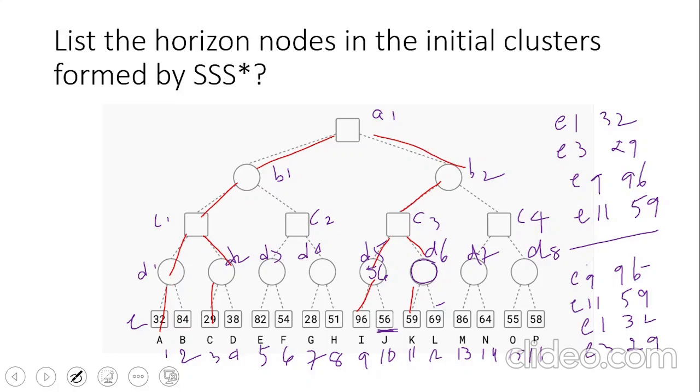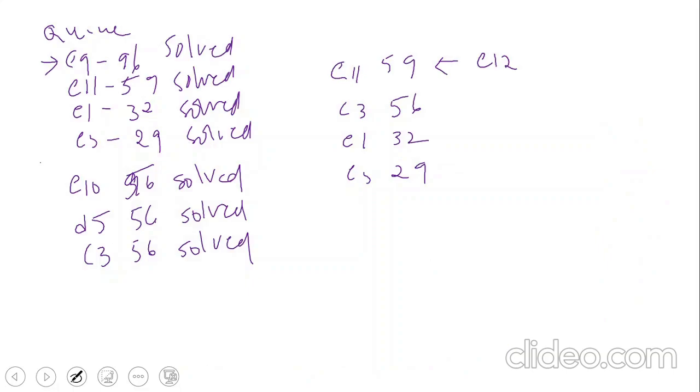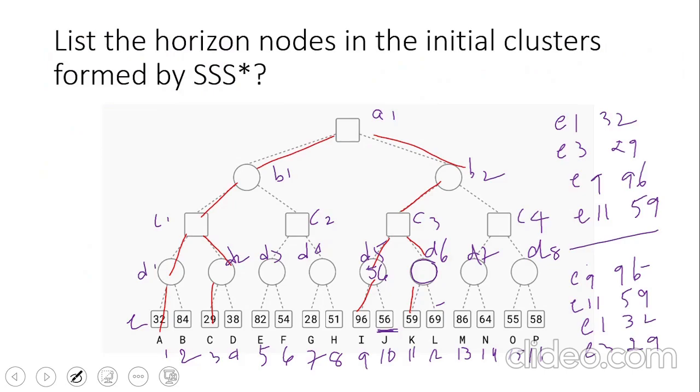So D6 is solved next, D6 with value 59. When D6 is solved and D5 is solved, C3 is